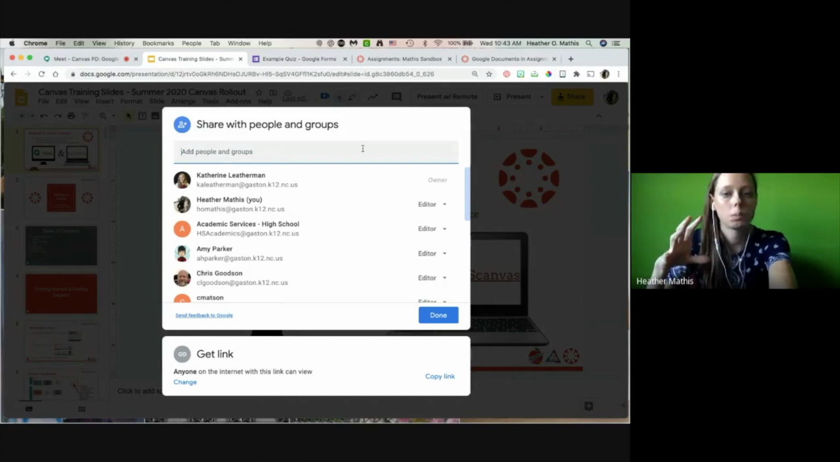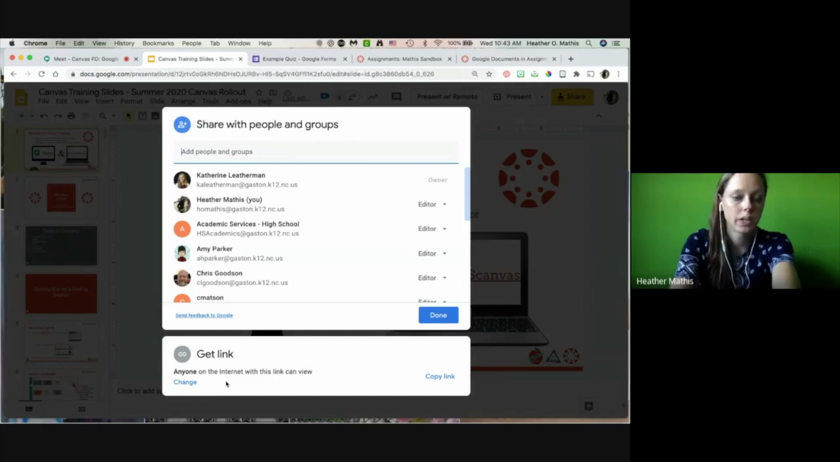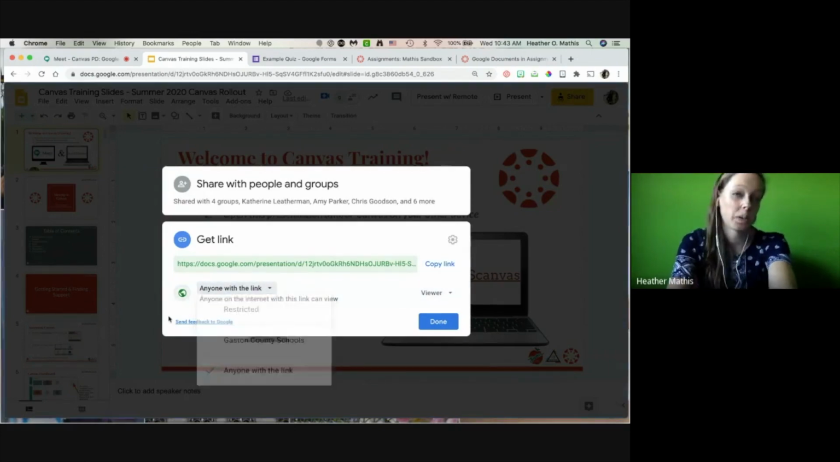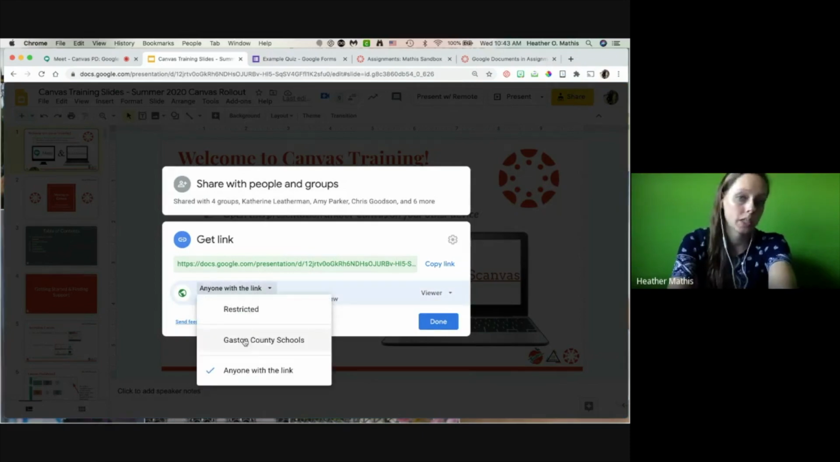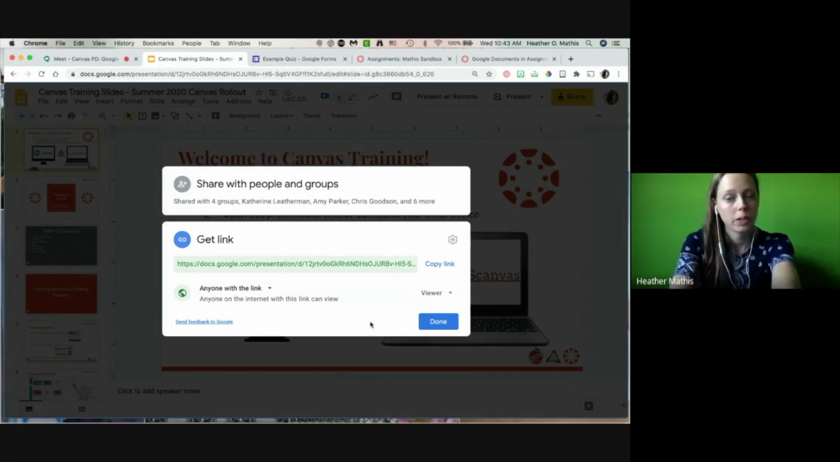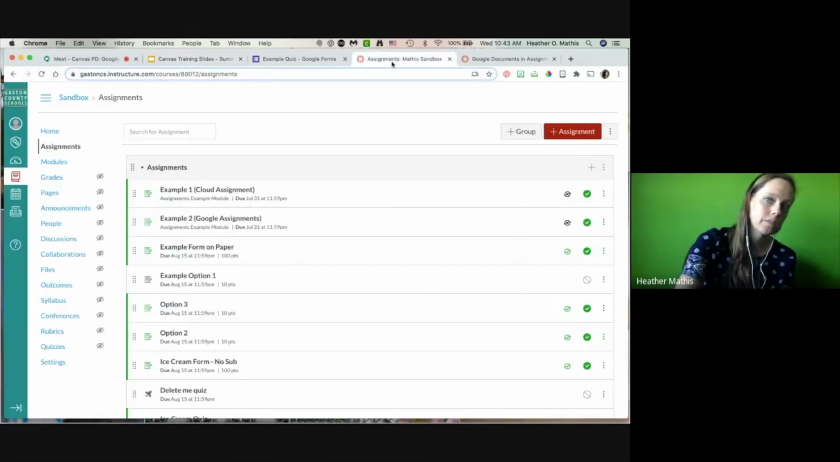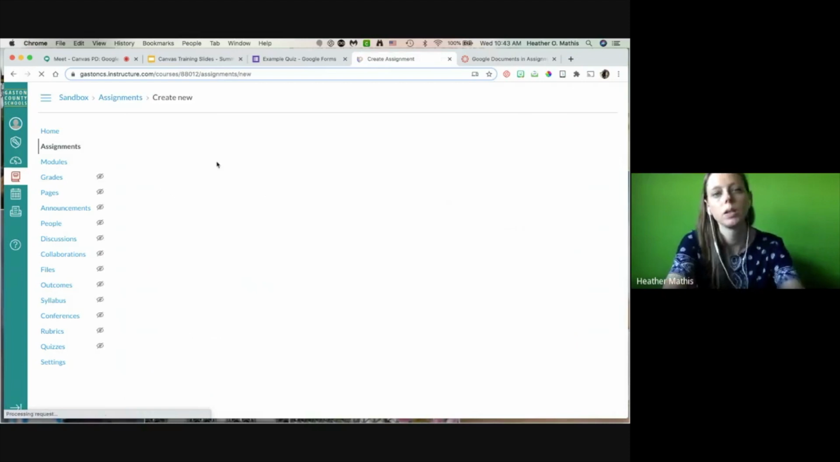So you're going to open your document and click that share button. This one's already been changed to anyone with a link can view, but you would have to click this button down here and make sure it's not private to you. So change it to Gaston County can view or anyone with the link can view, because they cannot make a copy if they cannot view it. Make sure they can view it, and then we're going to do the whole copy situation. So have this window open, click copy link,